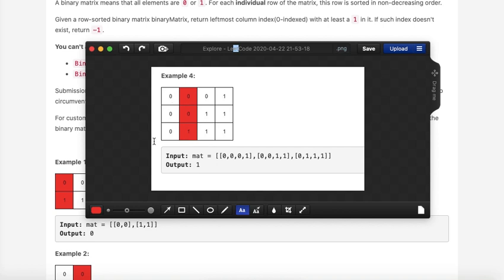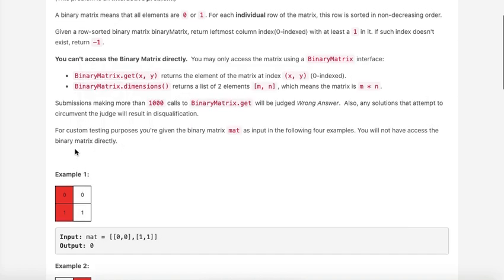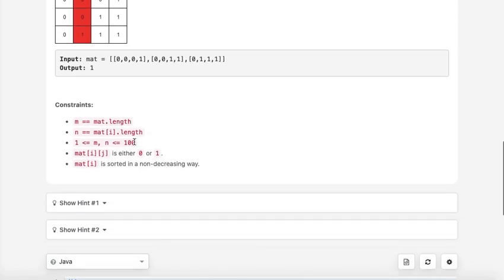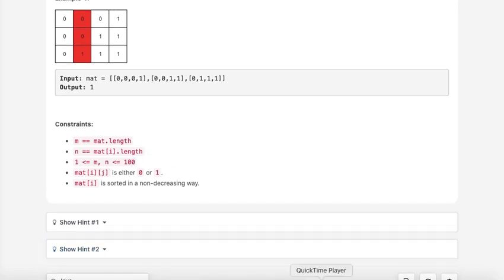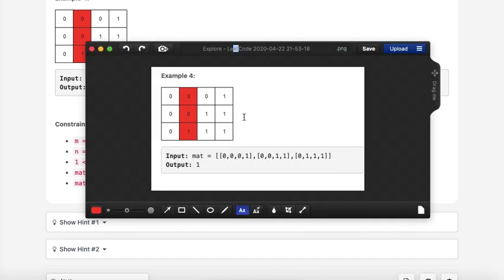Something like that. But what might happen is they gave that the dimensions of the matrix are very large, right? Okay, 100 by 100. If it is a very large matrix and the one is not there in the initial columns, and it is there only in the last column, then it would take more than 1000 operations. So that might result in TLE. So what else can we do? The first approach was simply going through column by column, seeing where the one is and returning from there. So what else can we do is,